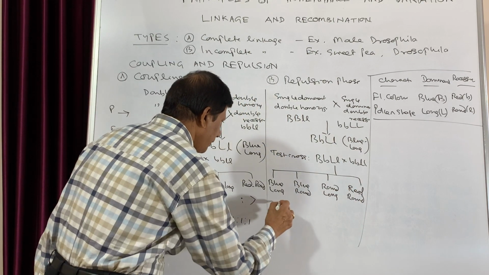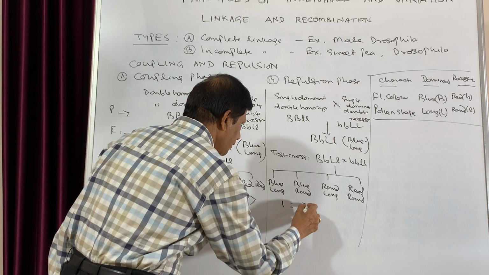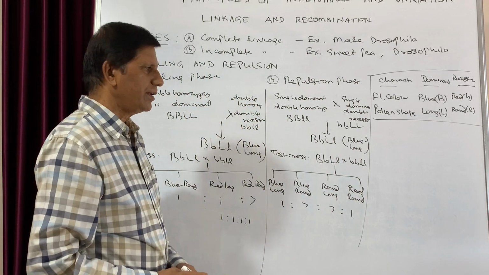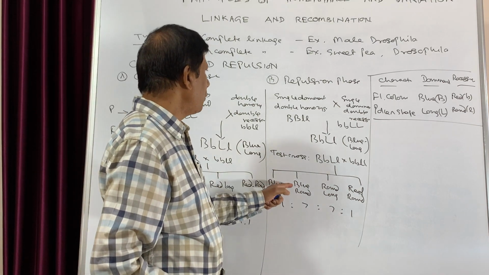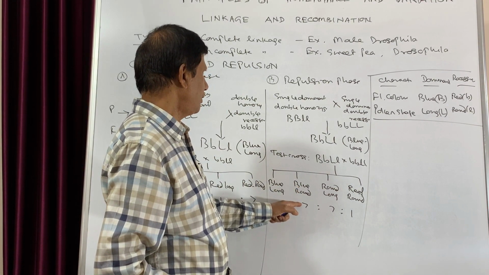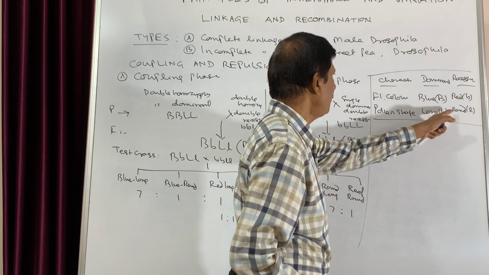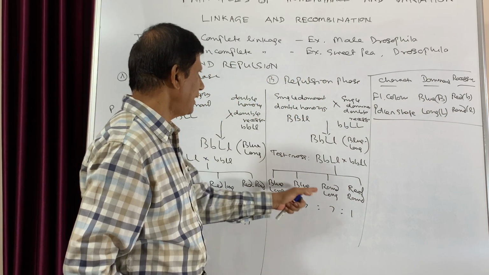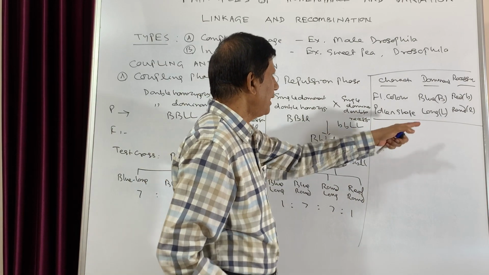Now they come in the proportion of 1:7:1. Now see, blue and round, that means one dominant character, the other is recessive character, this one. And here the other one, that is red and long,